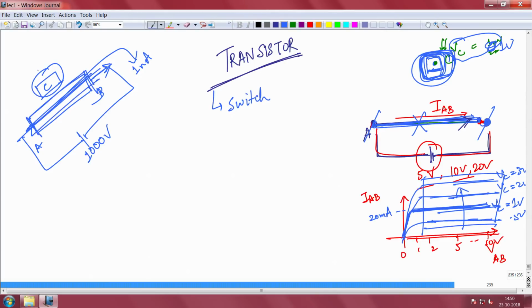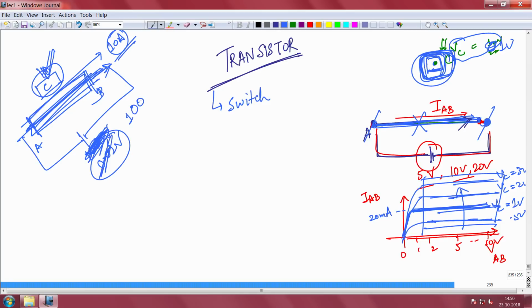And the moment you switch it on by tuning this knob at very small voltage, like say 0.01 volt, you can have very high current of say 10 ampere. I am just giving an example. So, at very small voltage between these 2 points, you can get very high current 10 ampere, or you might put 1000 volt and still get nanoampere. So, it is a switch. By controlling the potential or the voltage at C, I can change this a lot, I can block, I can let current flow.